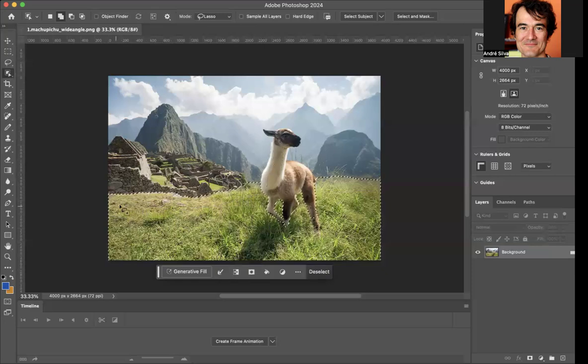Okay, so you'll notice that it did grab the hill pretty well, but it didn't grab the llama. It's recognizing there's some difference there. So I'm going to try this again, and I'm going to use the add to selection tool. If it doesn't work this time, I have another plan. But let's see if I just add the llama to that. And again, you can see I'm not being perfect about this at all. I'm just kind of giving it,